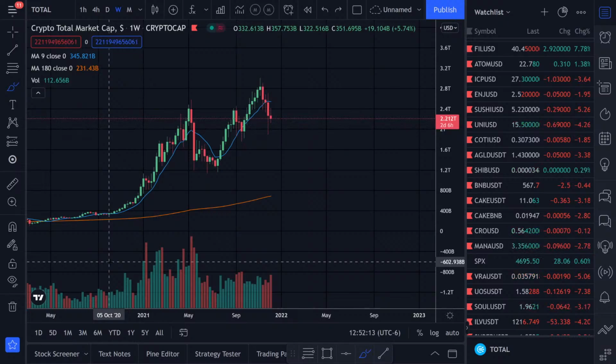Inflation has scared a lot of people, but when the market bleeds, smart money goes in. Yeah, in general,